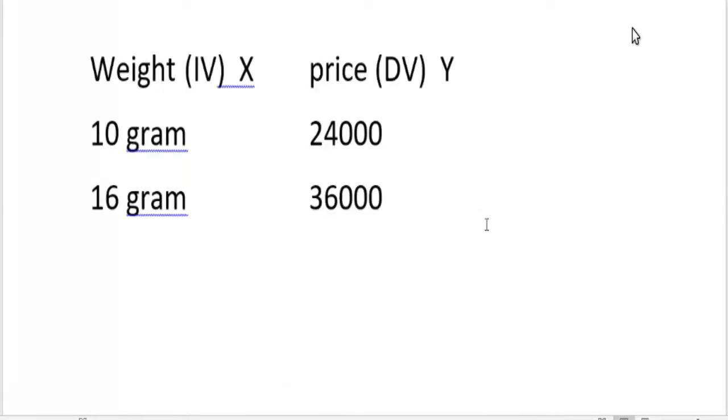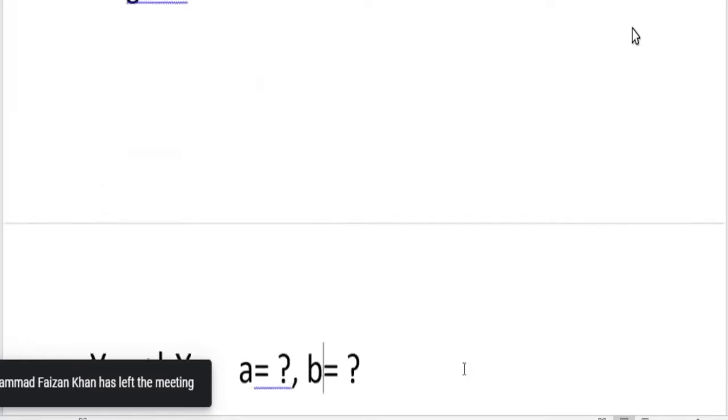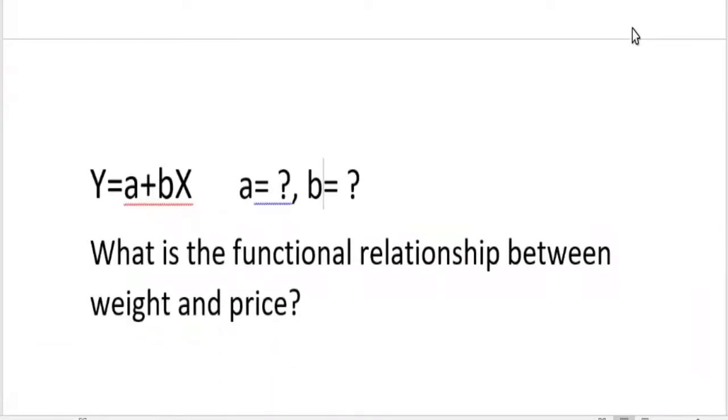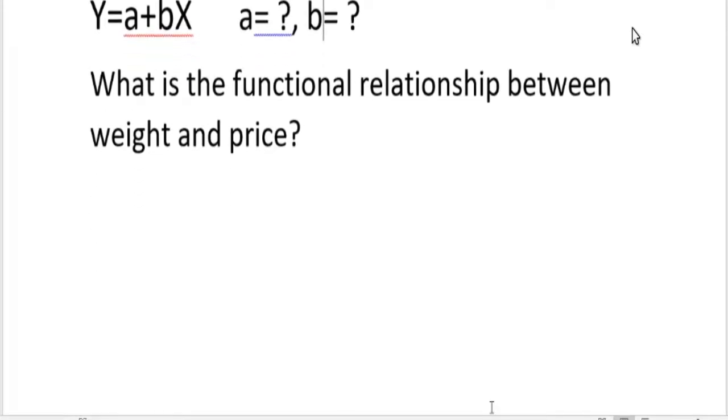Now, what would be these two equations? The two equations are based on the data which is provided to you, the data about x, the data about y. So we have to put these values in the generic form y equal to a plus bx. So I'm just rewriting this general form so that you understand better: y equal to a plus bx. This is the form that we have.